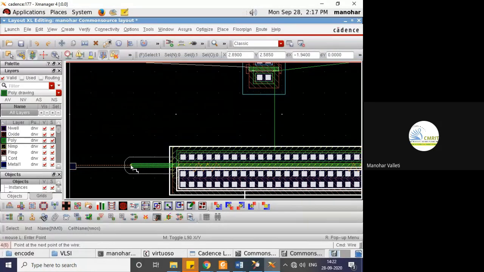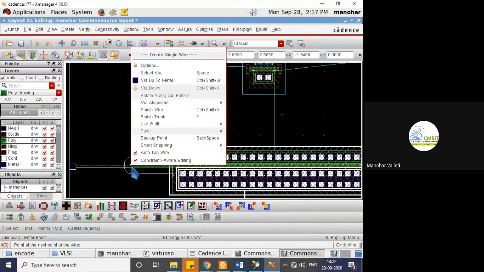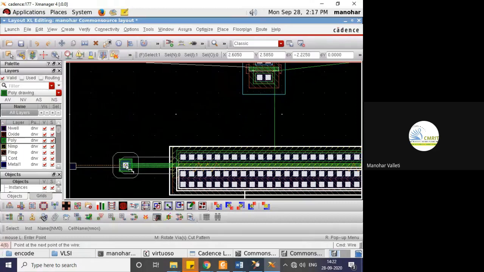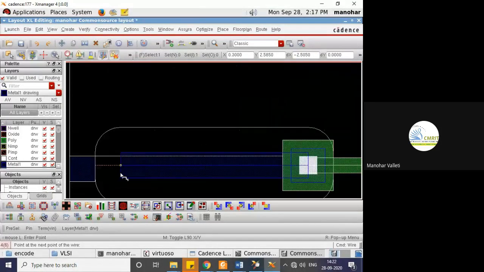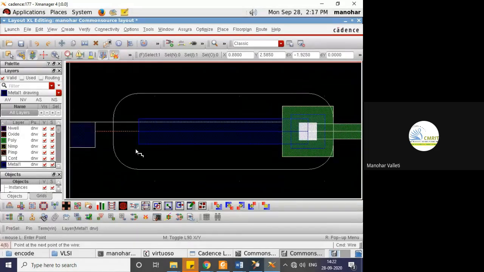For the connection between polysilicon and metal, I will use wire up to metal 1 and try not to stop here, try to overlap.